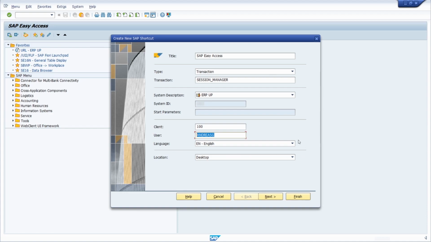And language is the default language that you're using to start this transaction and maybe to log in. And again, this can't be changed as well. And under location, you specify the location where this SAP GUI shortcut should be saved on your local computer. Once you've clicked on finish, your SAP GUI shortcut is created, in this case on the desktop, and is ready